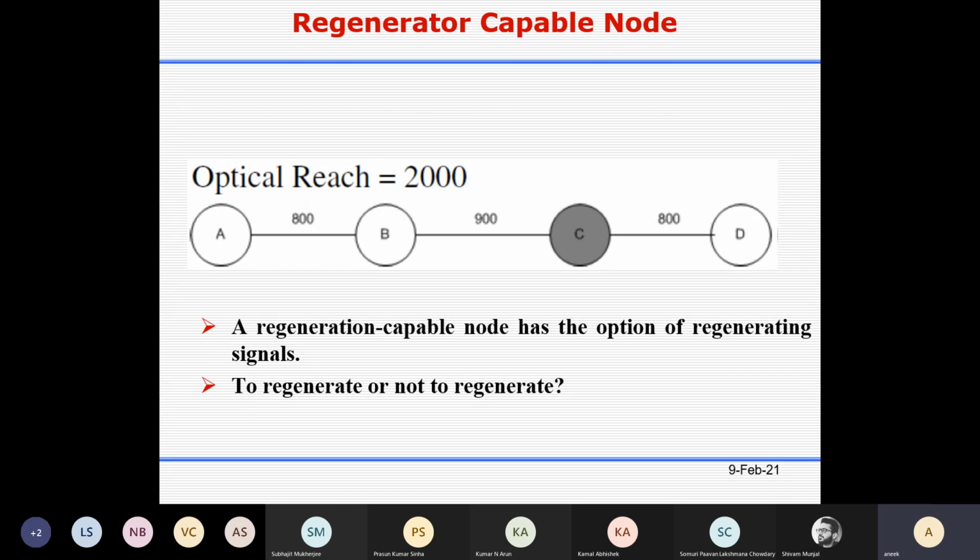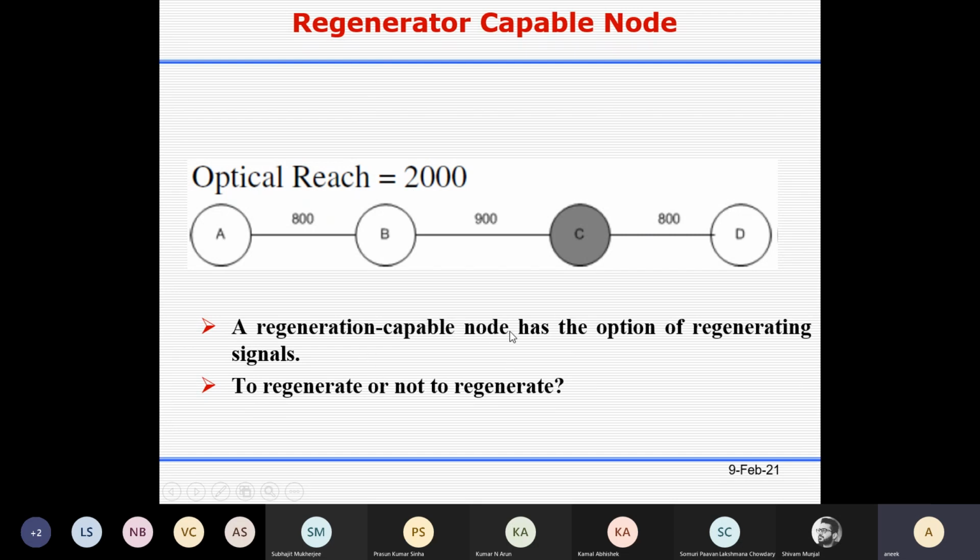There the optical amplifier couldn't give you that benefit, because the optical amplifier improves your signal power, but it also adds some noise. And whatever the optical power at the input end, it amplifies. So it amplifies the input signal, it amplifies the input noise. But at the same time, it will introduce its own noise. So basically your signal to noise ratio will become inferior compared to the input end. So your optical amplifier is not sufficient to sustain this, so you have to go for the regenerator. But the issue with the regenerator is that it's OEO processing, it's an expensive device.